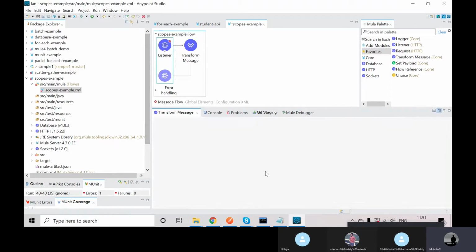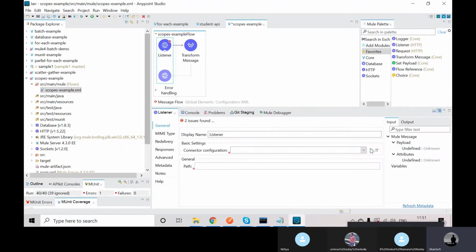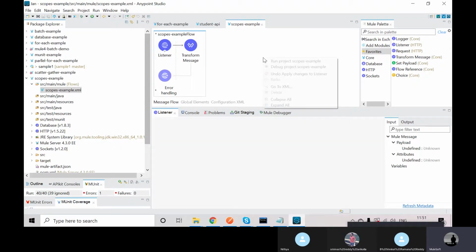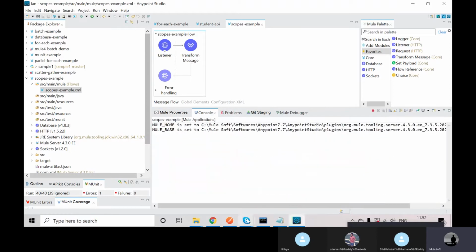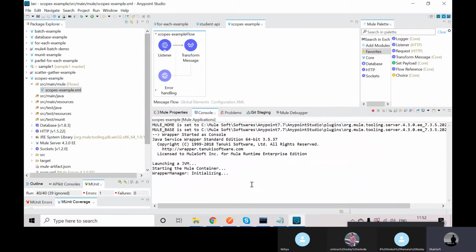I'll hit from the browser and show you how the 30 records will be created. Here I'll go with the for each example. Presently I'm doing the for each example. I'm running this application, so just observe very carefully.